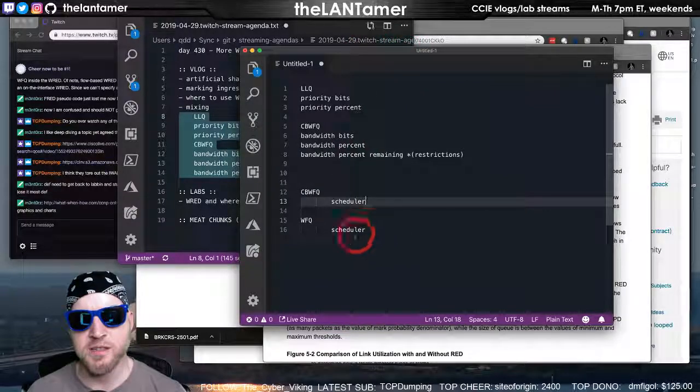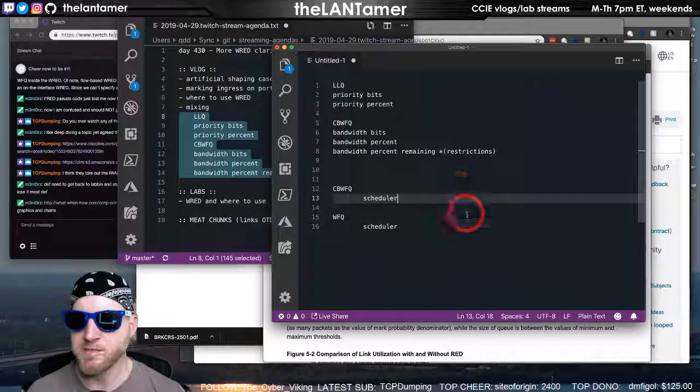And basically, the scheduler is checking these different queues and pulling packets from the queues to transmit on the transmit ring, right?